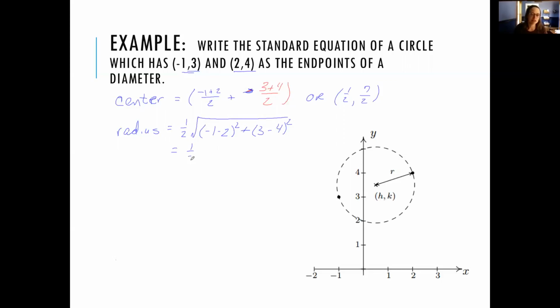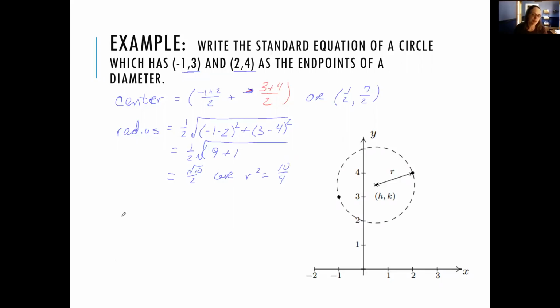So that's 1/2 of the square root of -3 squared is 9, plus 3 minus 4 is -1 squared is 1. So that's going to be the square root of 10 over 2, or r squared is going to be